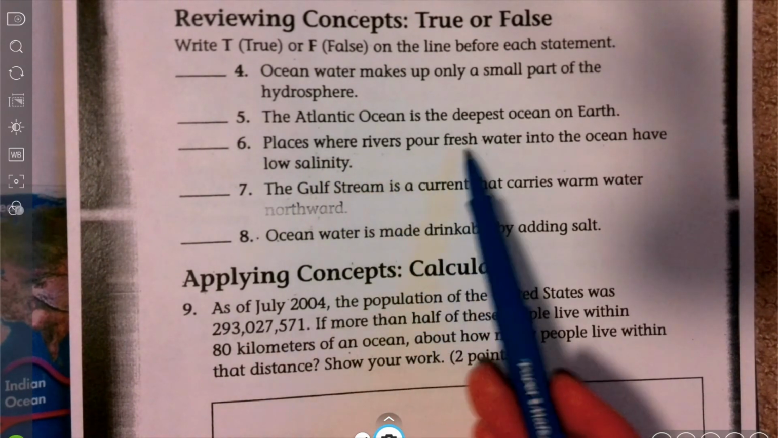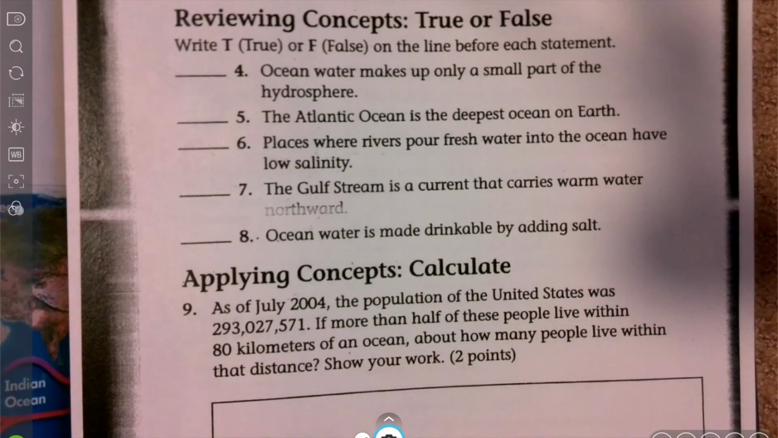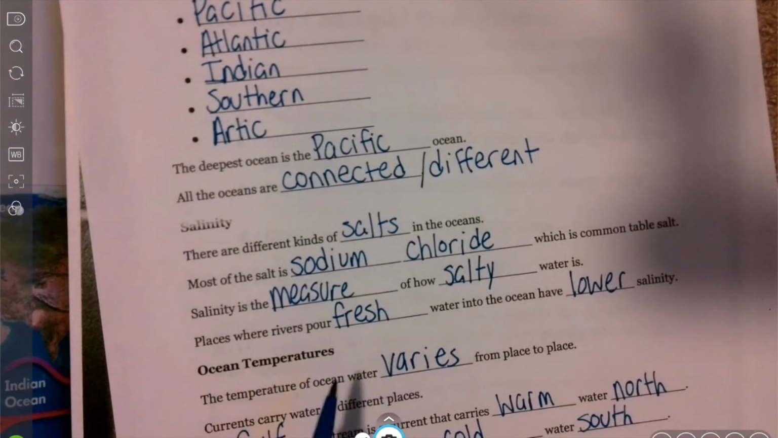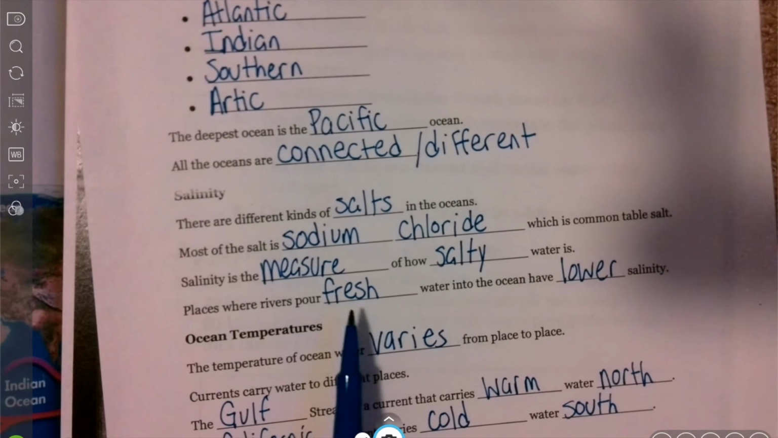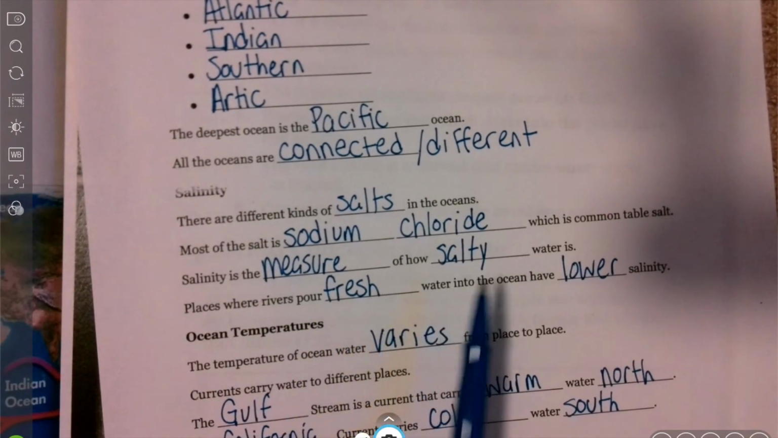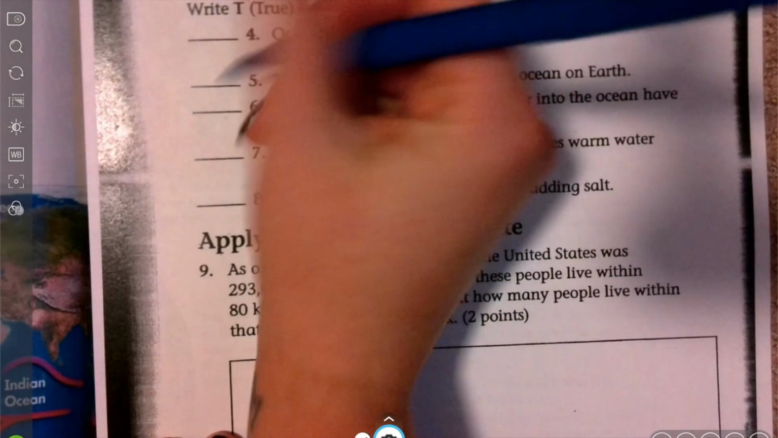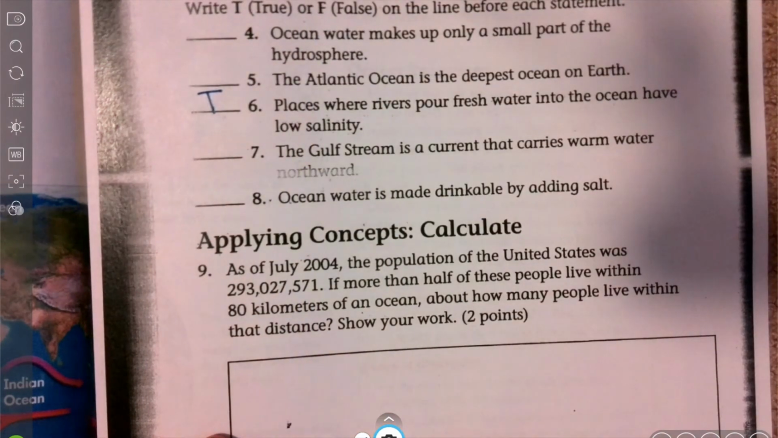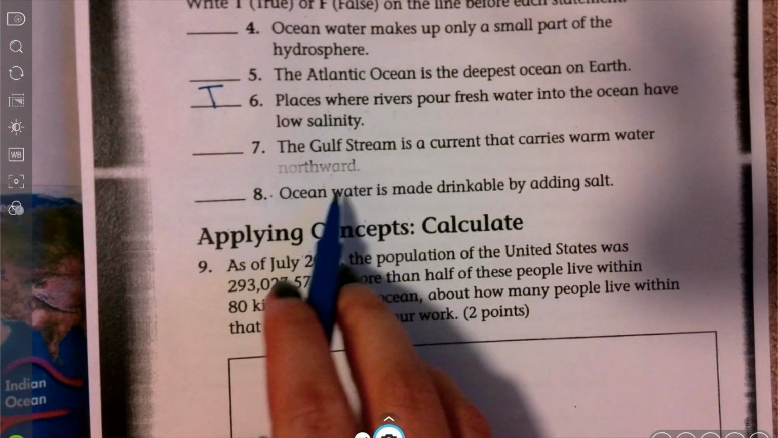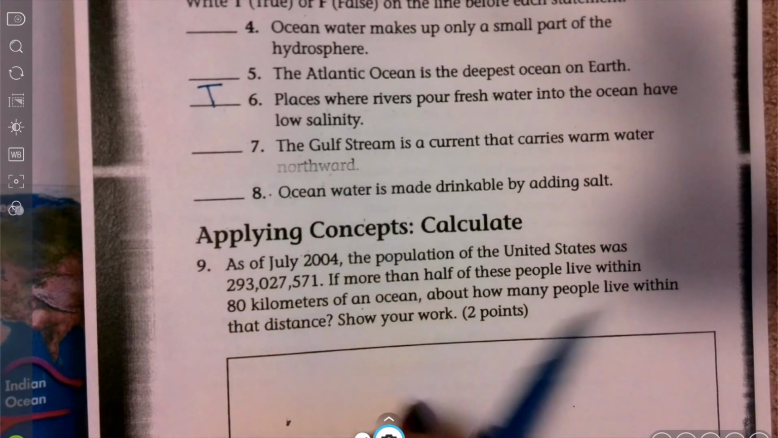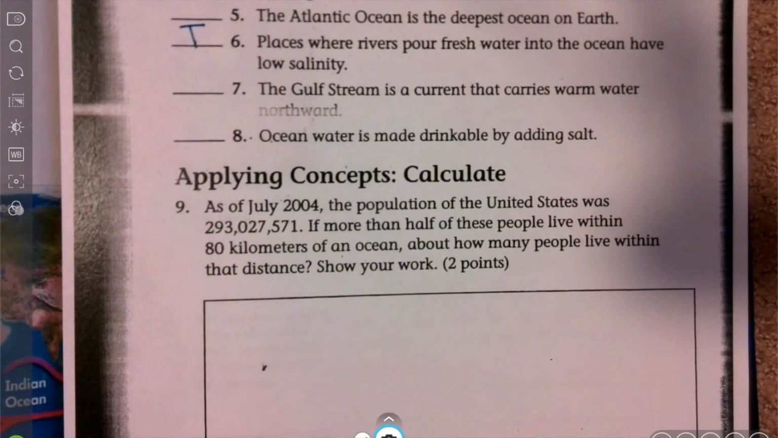Places where rivers pour fresh water into the ocean have low salinity. So I know that we looked through that. Places where rivers pour fresh water into the ocean have lower salinity. So I know then that is true. This word is northward, so just make sure I know it's a little bit cut off. All right, and then number 9, it says as of July 2004, the population of the United States was